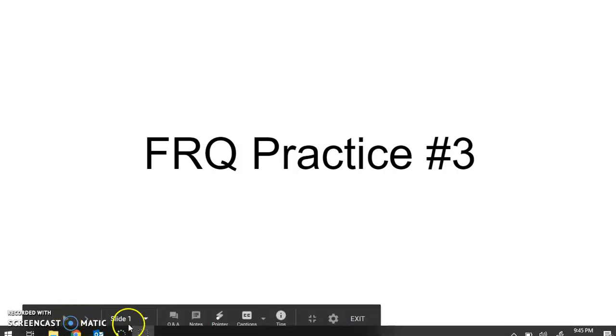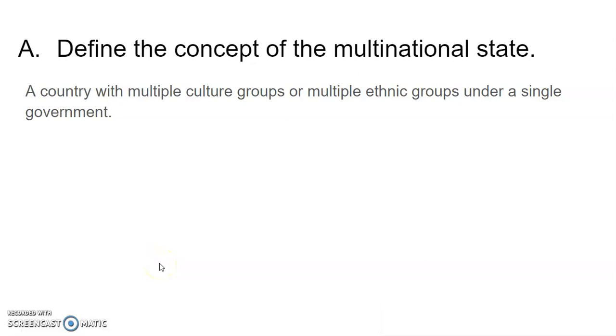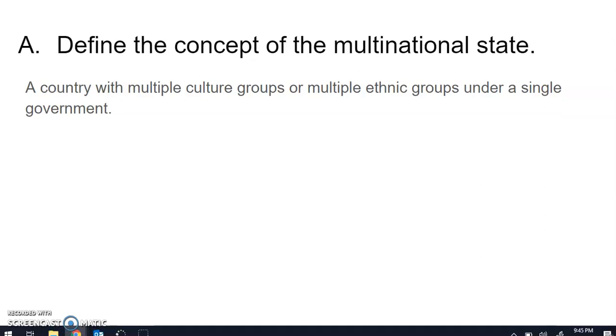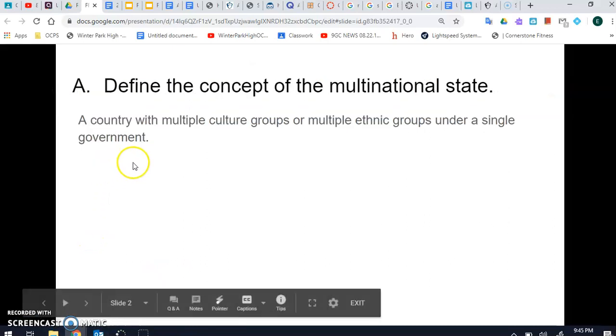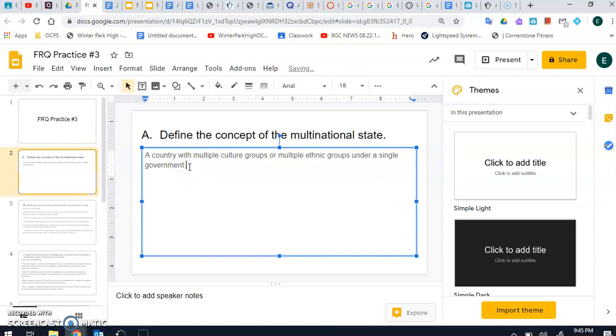So here we are. Let's go to question A. A says define the concept of the multinational state. This is a country with multiple culture groups or multiple ethnic groups that are under a single government who have a history of self-rule. You need to have the part about the history of self-rule. Let me just add that to mine right now. That's not on here, and it should be. So they must have